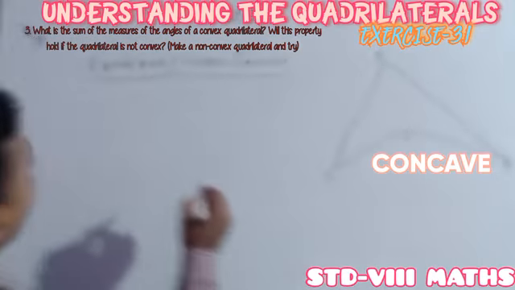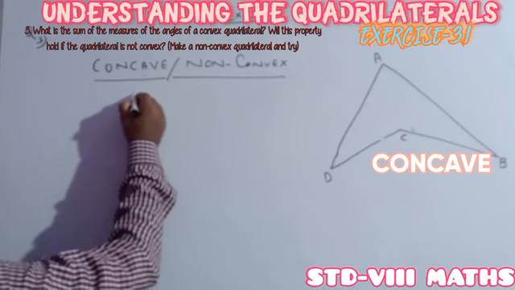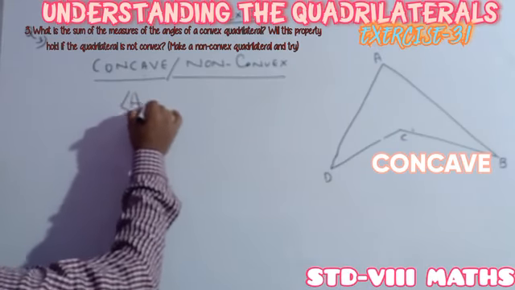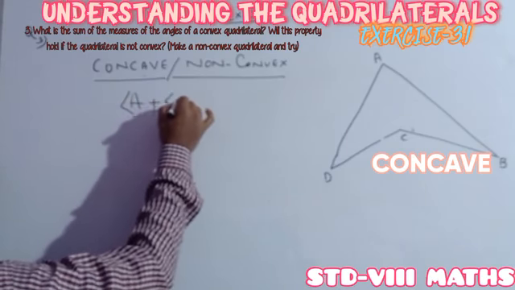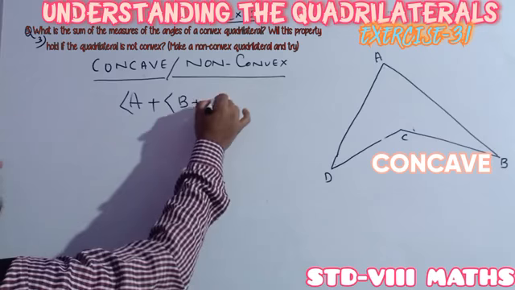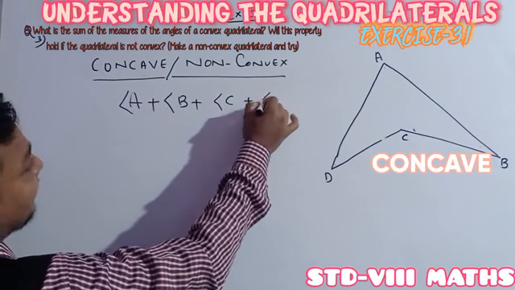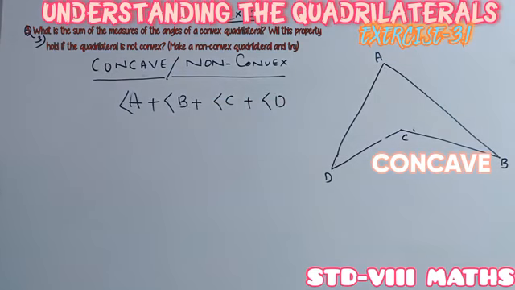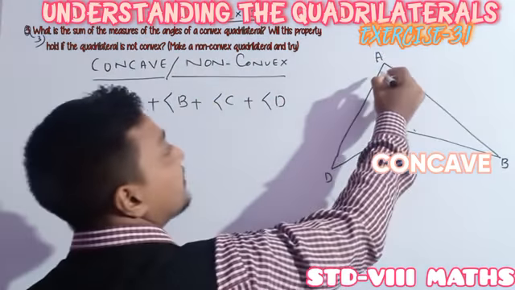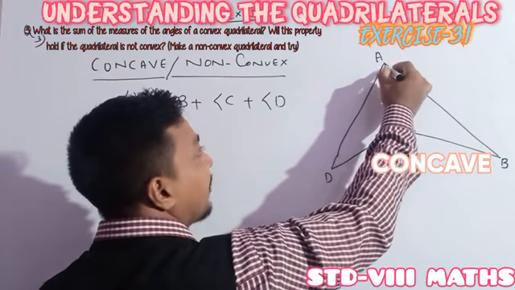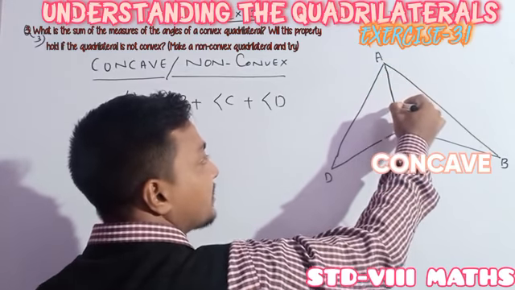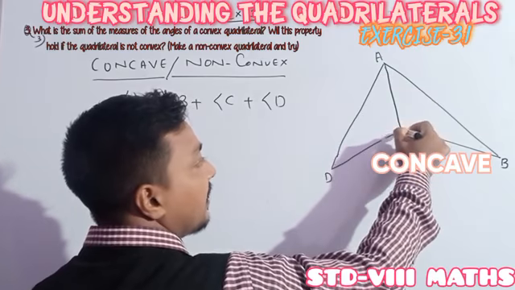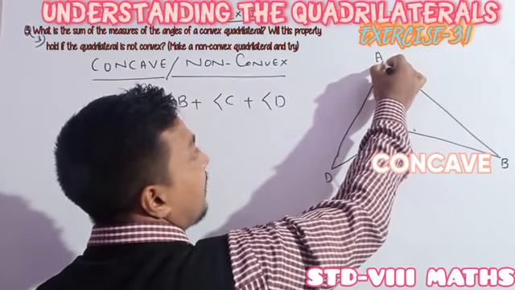See, here we need to find out, just like in the previous case, angle A plus angle B plus angle C plus angle D, the sum of all these angles is equal to how much. So just like the previous one, here also I am drawing one of the diagonals. I am drawing the diagonal in such a way. See, both are the non-adjacent vertices.